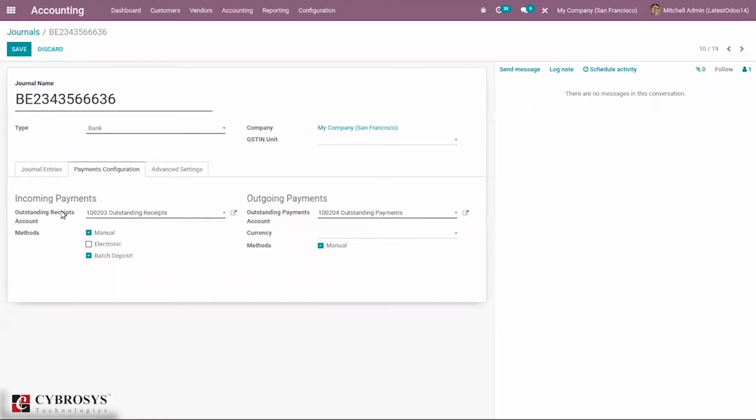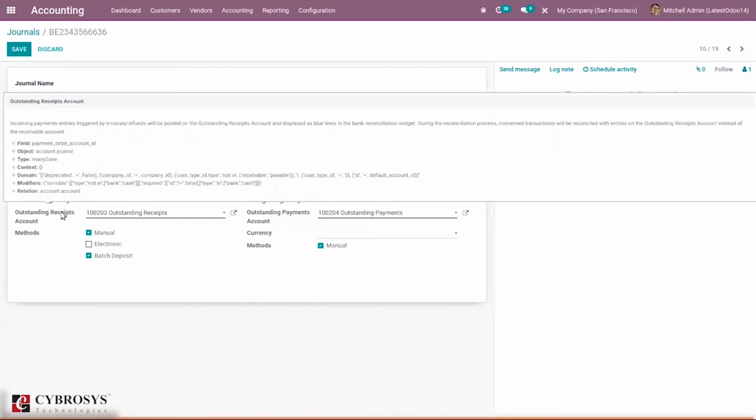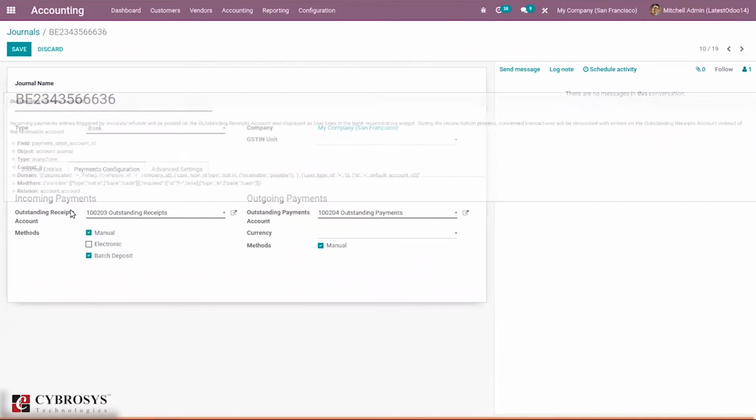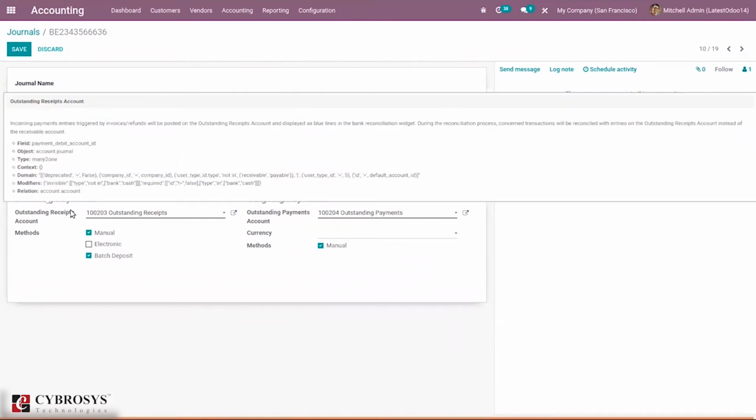That is, when you're creating a customer invoice and when you confirm the invoice and make payment, before reconciling it, the amount will remain in this account, outstanding receipt. So here you can see the incoming payment entries triggered by invoices or refunds will be posted in this account and displayed as blue lines in bank reconciliation widget.